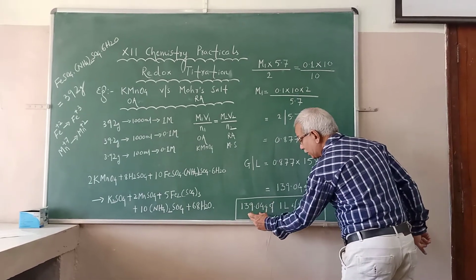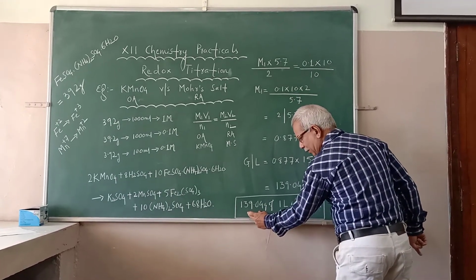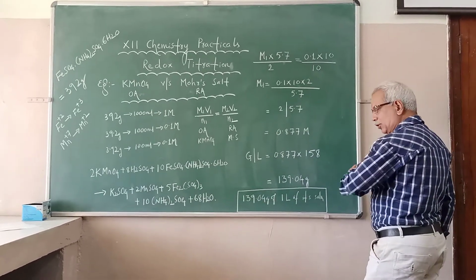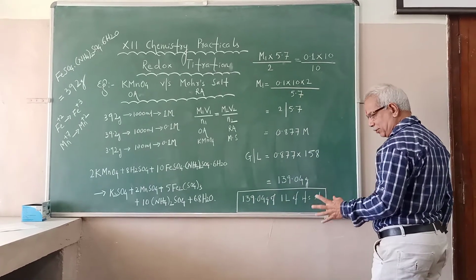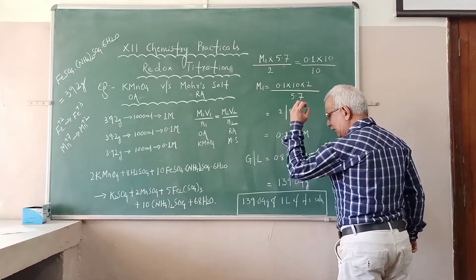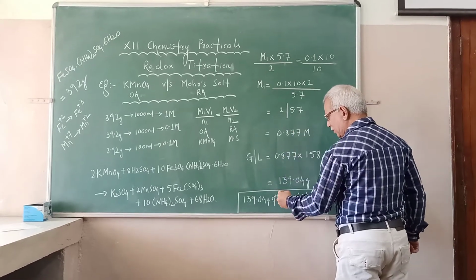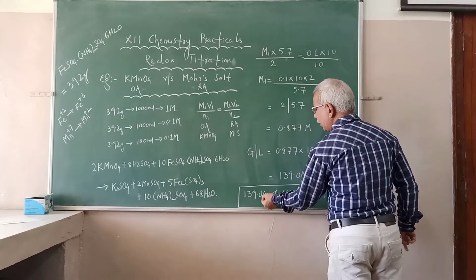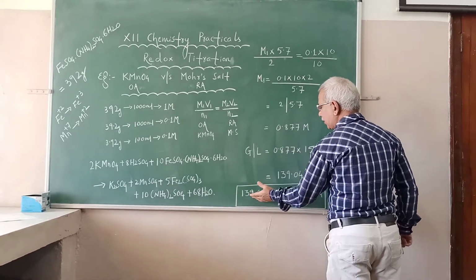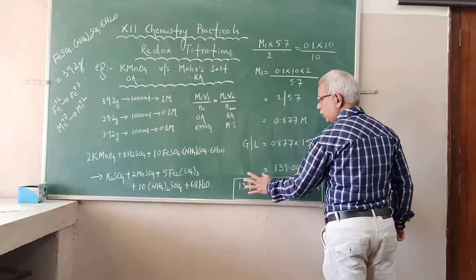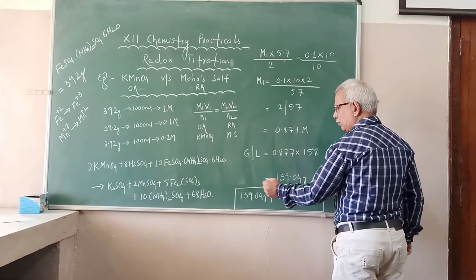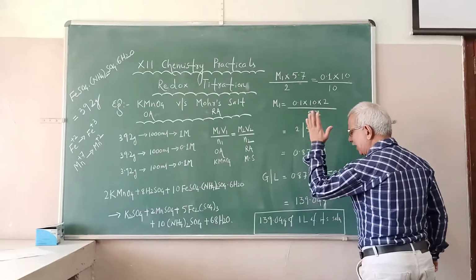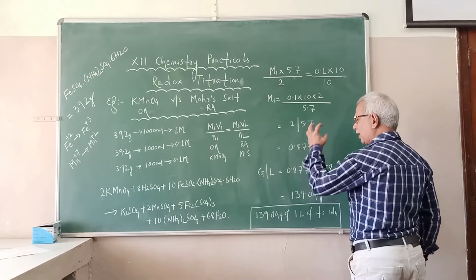This reading is known only to the examiner. He will check your reading with his reading. If both are the same, full marks. The examiner already has the reading, so he wants to check your skill and your calculation part. Maybe 139.0306 is allowed, but 137, 135 or 142 is not the correct answer. Minor variations and practical errors are there, but not too much difference. So try to get the exact answer he has.